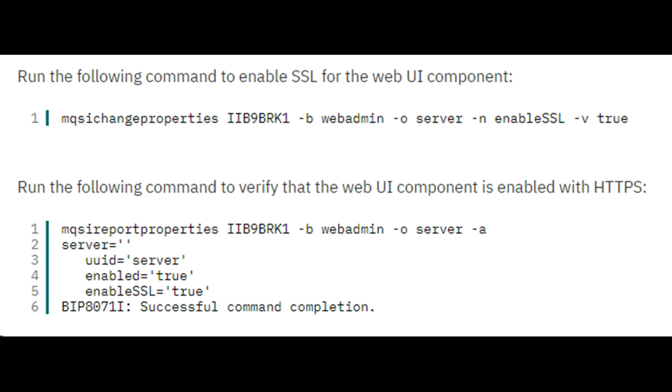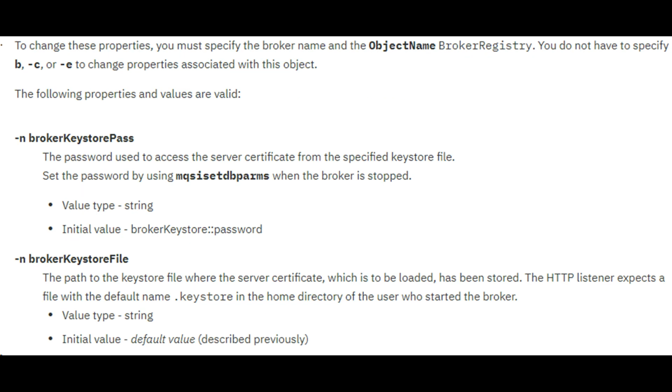So what is broker registry here? There are components within the broker which you can modify, with the argument -o that you will provide. Broker registry is given as -o, is it? Yeah. So you can give -o BrokerRegistry, or -o HTTPConnector, or -o JVM manager, things like this. These are the subsections of a broker which you can modify.